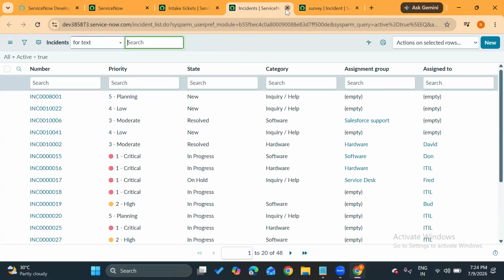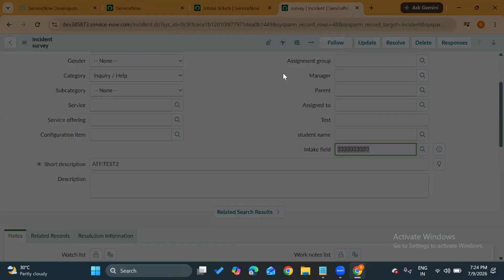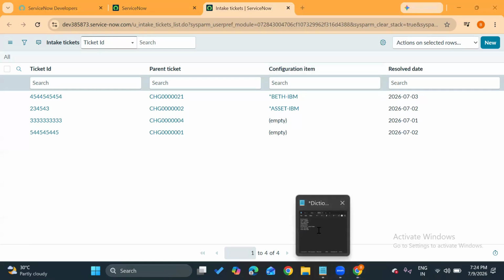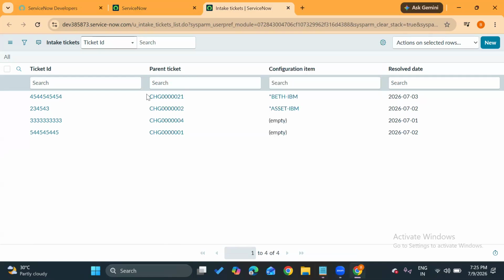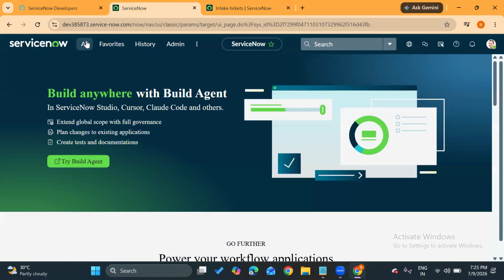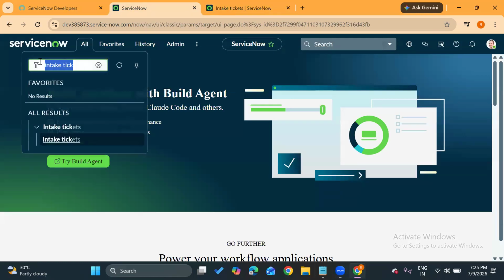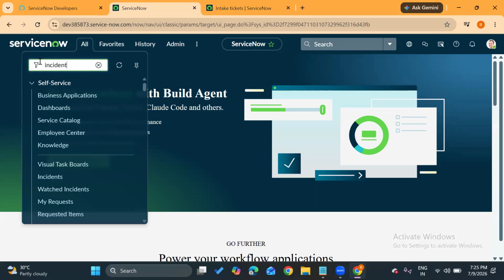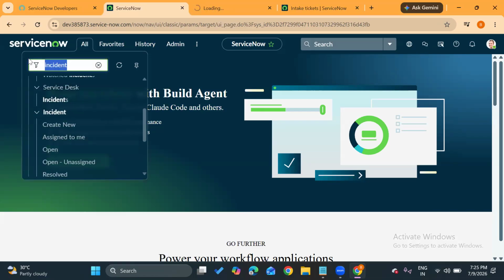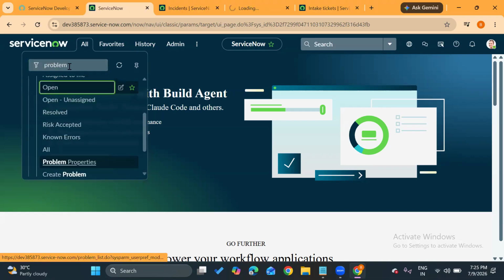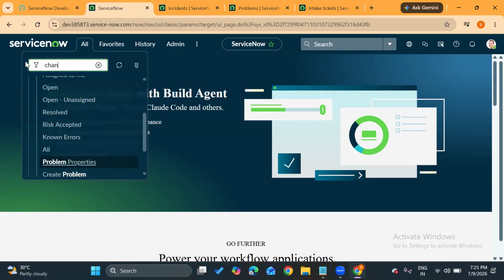So next, let's go to other things. So now you can see, guys, we have auto number. Auto number is one particular functionality. Basically, if you open any table in the out of the box instance, if you open the incident table, if you open the problem table, if you open the change table,